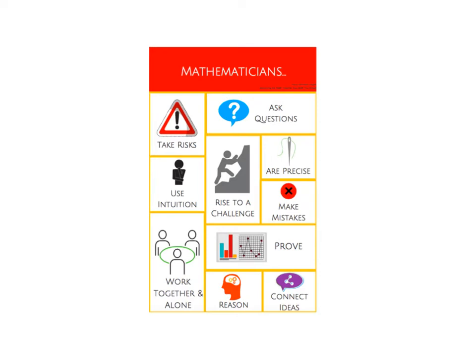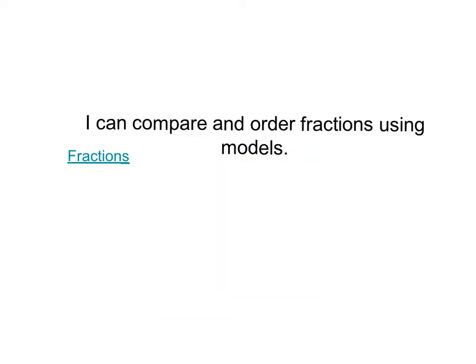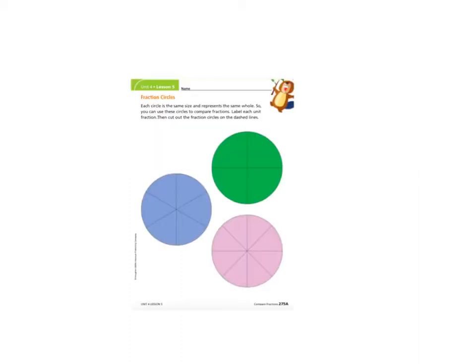So today we're doing ordering fractions. The I can statement is: I can compare and order fractions using models. The models are in your book. When you're looking at that first page, page 275, notice that there are 3 different circles and they're all the